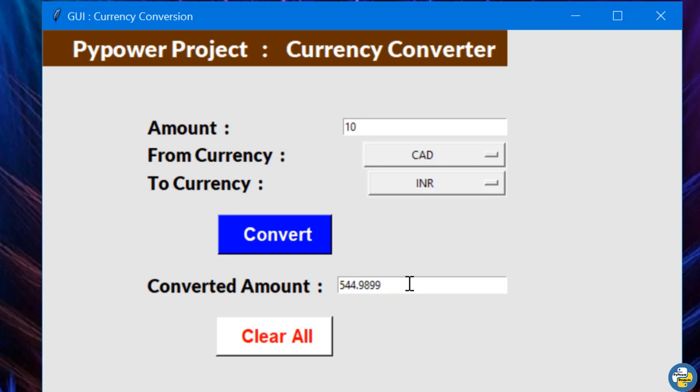So the current Canadian dollar is nearly 54.49 INR, so you can change accordingly. Now let's say 1000 INR, and let's convert it into USD and convert. So 1000 INR is nearly equal to 13 USD. So accordingly you can use the currency converter.